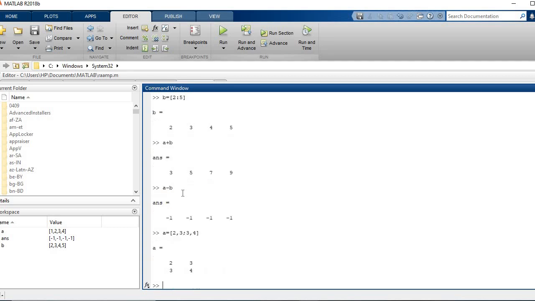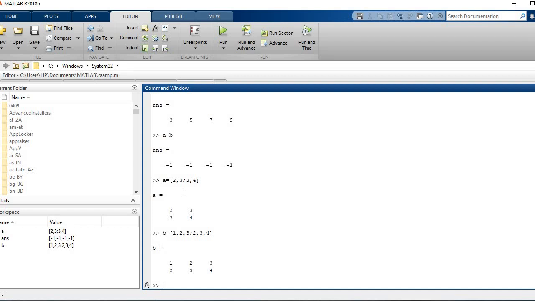Okay, that leads to a matrix A. Now I define a matrix as B. Always while defining the matrices here in MATLAB, we have to use the square brackets. I write 1 comma 2 comma 3 semicolon 2 comma 3 comma 4. Okay.